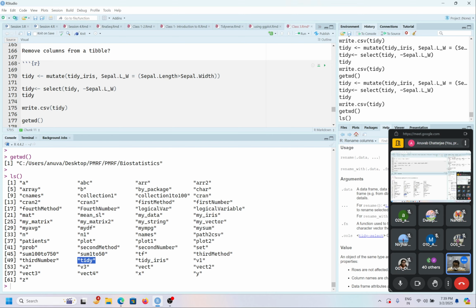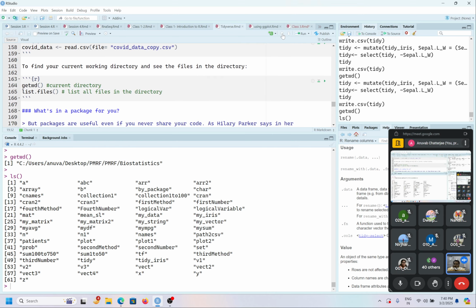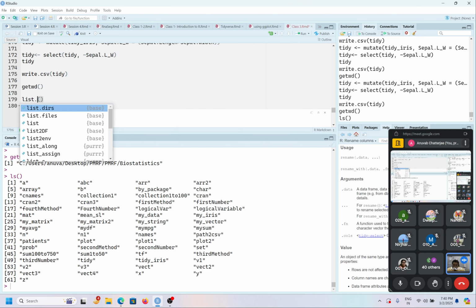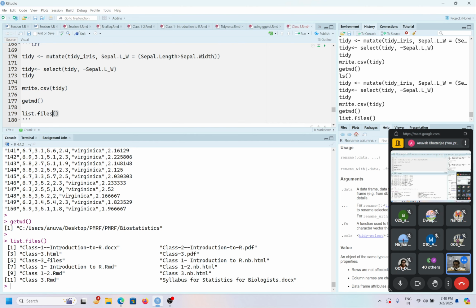Here it is. You see, I stored my table as a CSV file inside my folder called biostatistics, and when I do ls, then it shows me all the files present in that folder. Not ls, I am wrong. ls doesn't do that. list.files does that. So list.files, and I don't